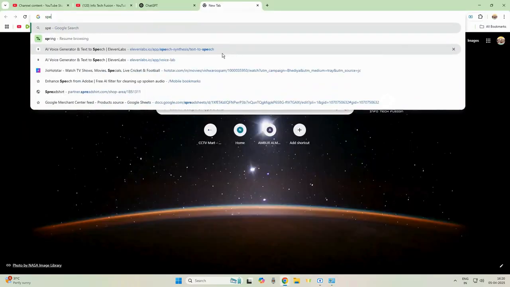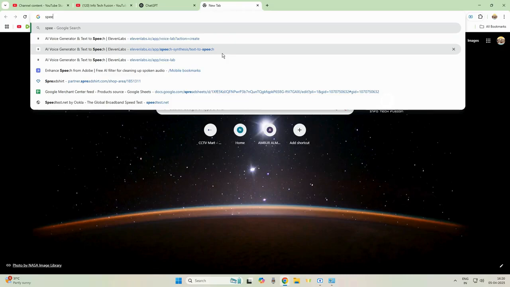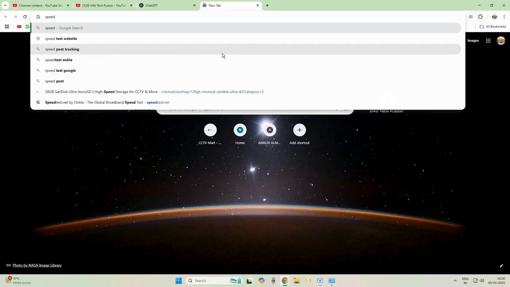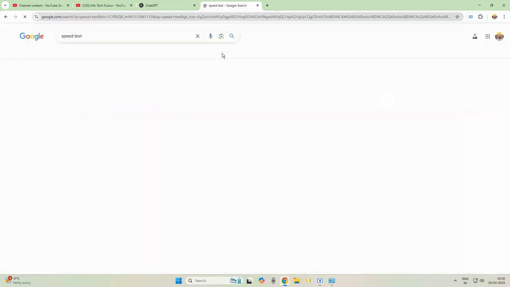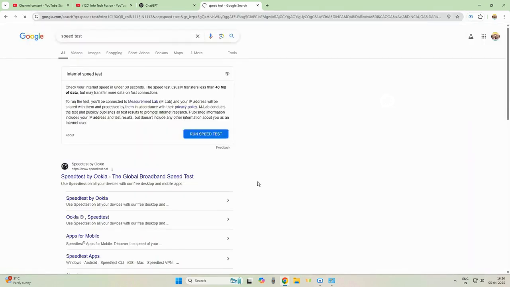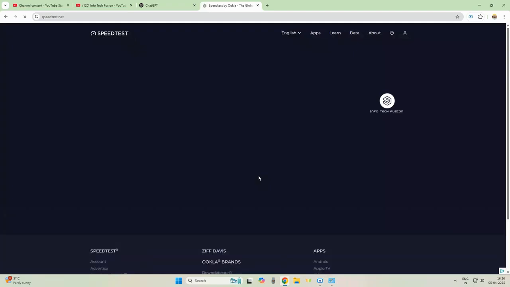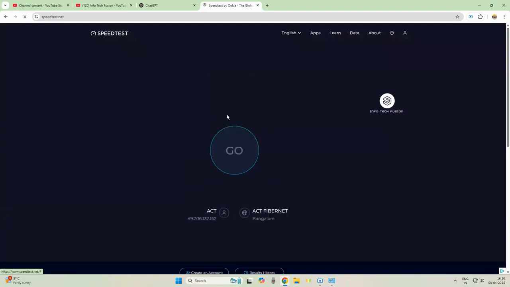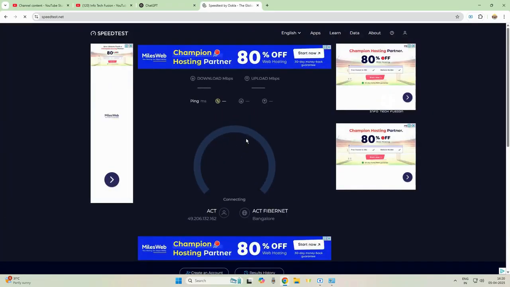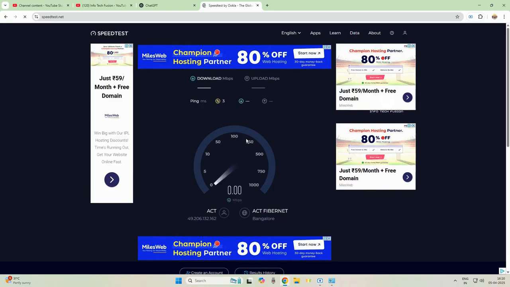Now we will check the speed test. Internet is working fine. My internet is 100 Mbps speed. Now it's working fine. So this is the way you can change your IP address from DHCP to